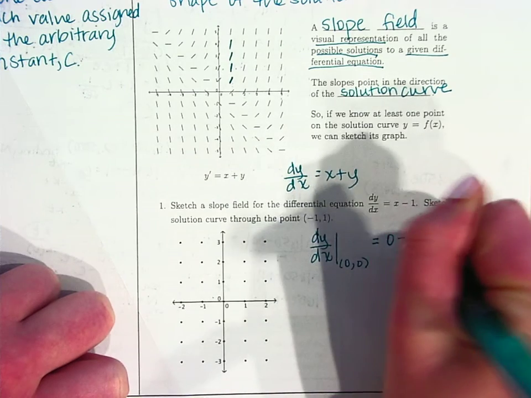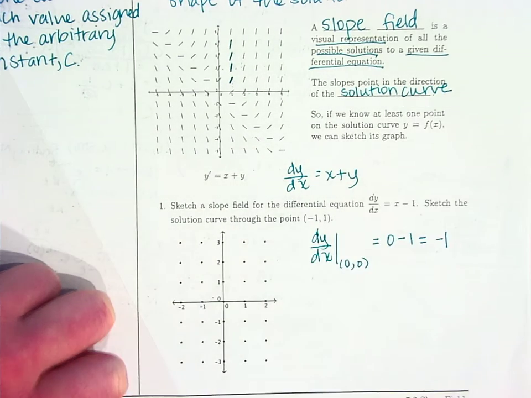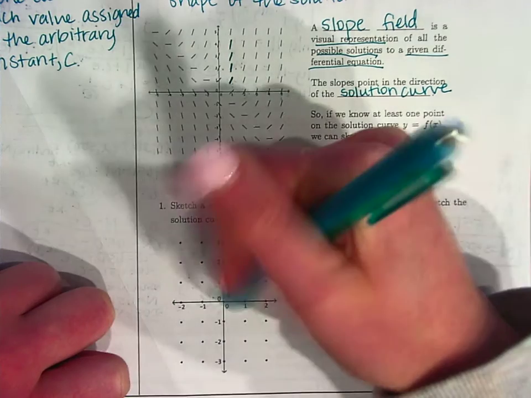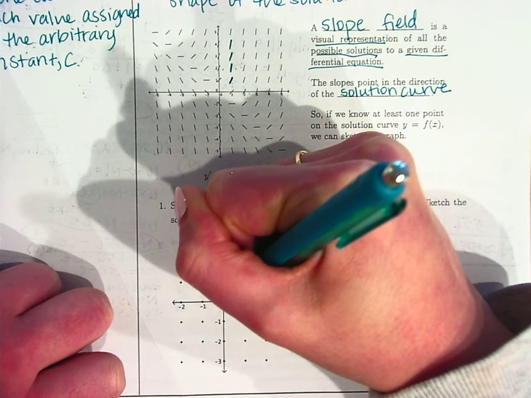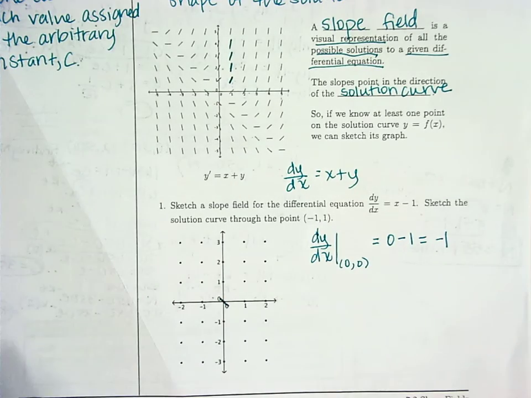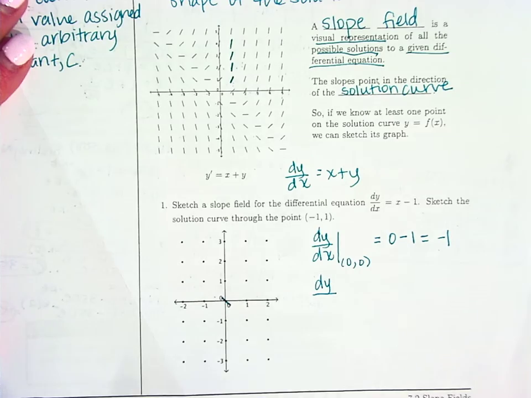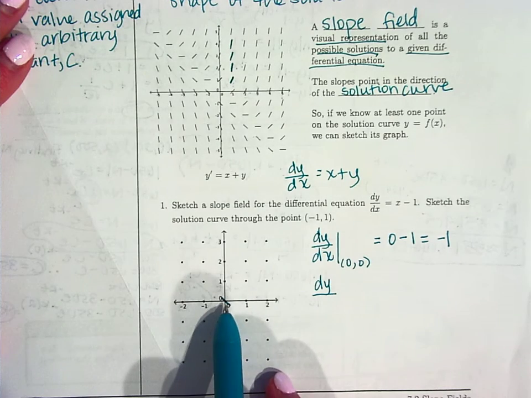x into this differential equation, then the slope at this point is going to be -1. So we're going to draw a little line segment that has a slope of -1 right at 0, 0. Okay, maybe let's try, actually we can go ahead and fill in the points, the slope